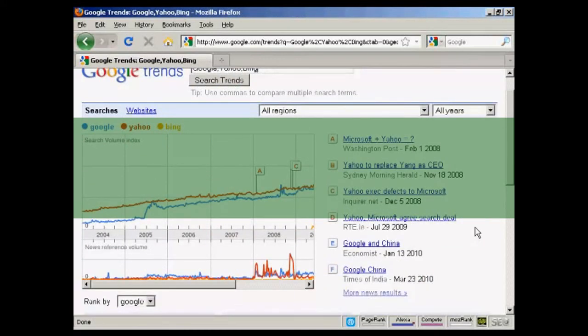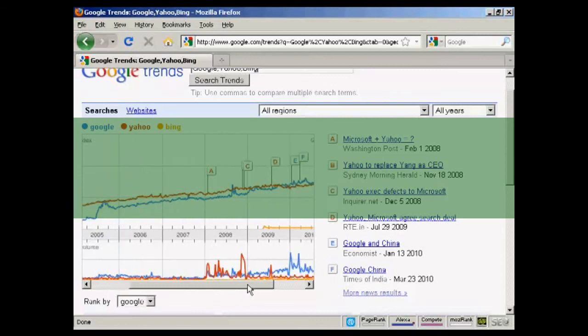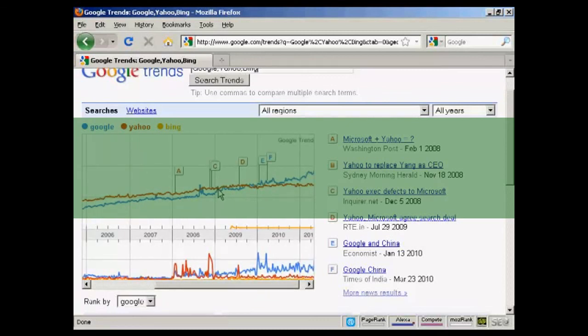Have you ever wondered how popular something is compared to something else? Well, search volume is a great indicator. Now, if we compare Google, Yahoo and Bing, for example, we can see the cultural shift over time in online searching. In fact, we can even pinpoint the month, and you can see right here where Google, and again here, where Google overtook Yahoo in terms of search popularity. You can also see that Bing is just a small line on the graph because it's so new. But you can also see that it got popular when it was first launched, but it's flatlined ever since.